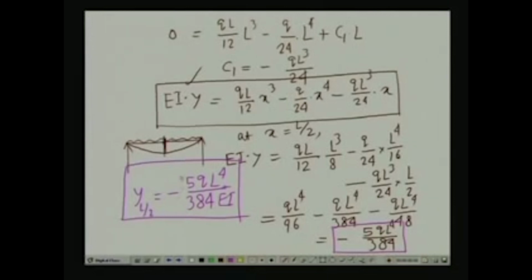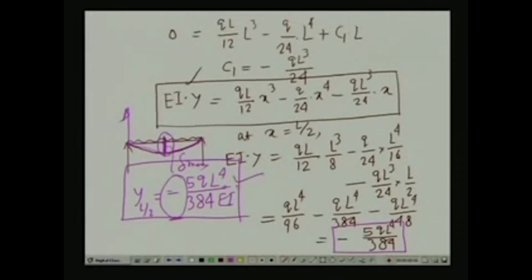Now, here you note that we have a minus sign. This indicates that our positive y direction is upward, hence the deflection curve is towards the downside of the beam axis. So, this is the deflected shape of the beam. This is the y at L by 2. So, it goes from 0 here, goes to L by 2, from here again it goes here. So, the value here which we call the maximum displacement delta max equals 5 q L 4